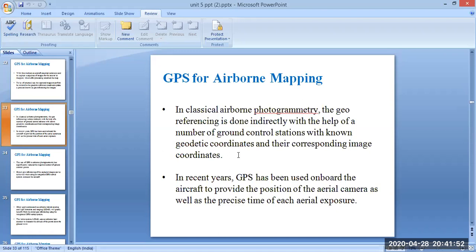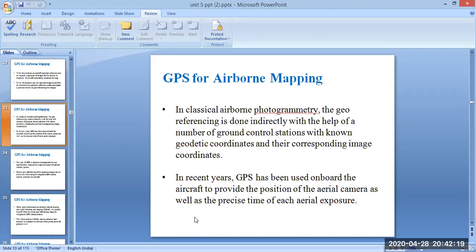The ground control stations have their own known coordinates along with their image coordinates, so when an image is captured, it is compared with the ground station image coordinates.